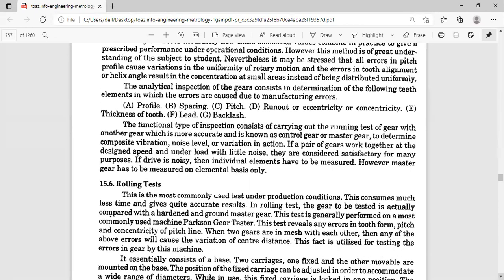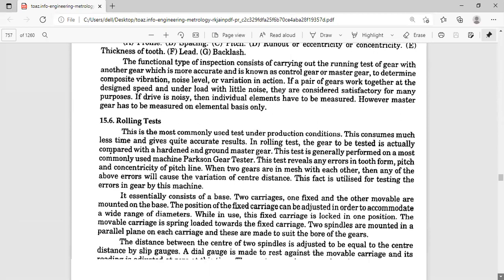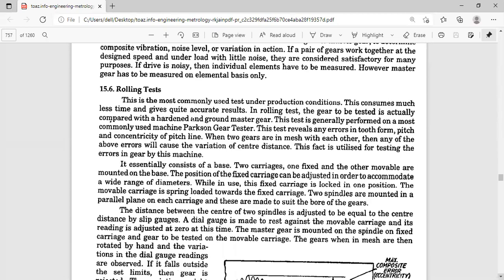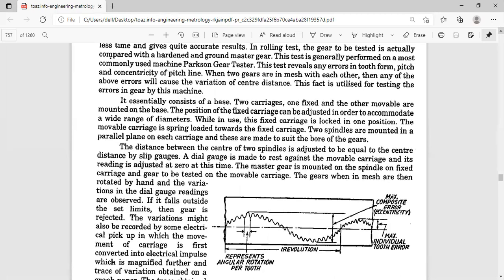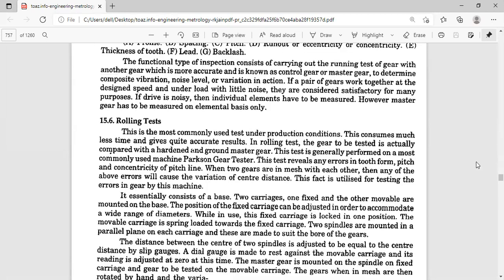So we have that Parkinson tester. You just try to see in this particular tester what is there. What is the Parkinson gear tester?